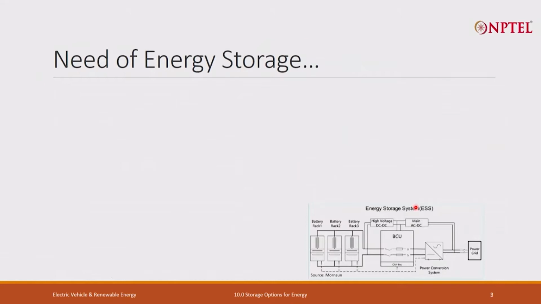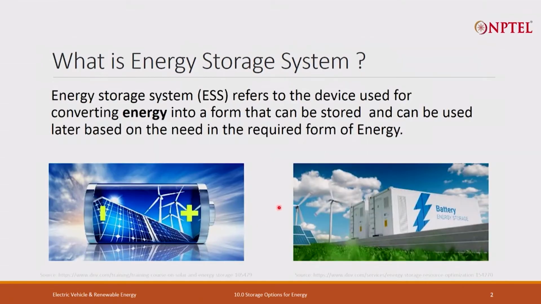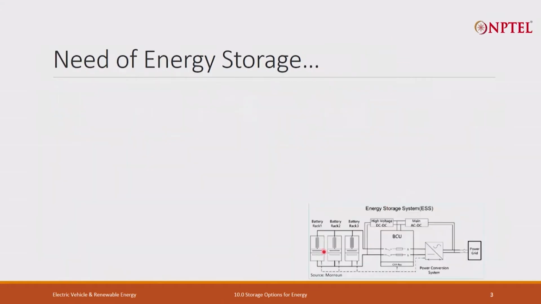Why is there a need for energy storage? What you see here in the picture, we have multiple battery racks, like what I showed in the earlier picture. So we have multiple battery packs. Generally these battery packs are at high voltage, maybe 700, 750, 800 volts, 1100 volts. The reason behind this is that the current requirement comes down as soon as you keep on increasing the voltage. And then you have